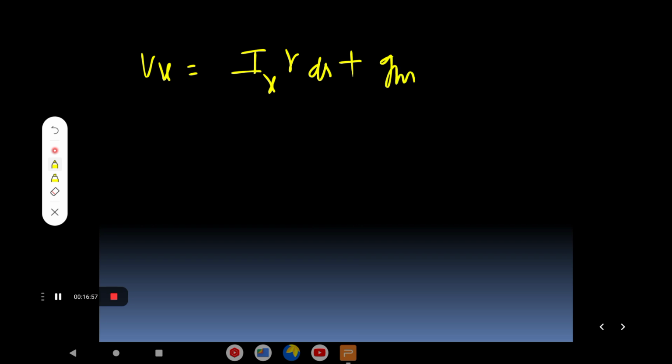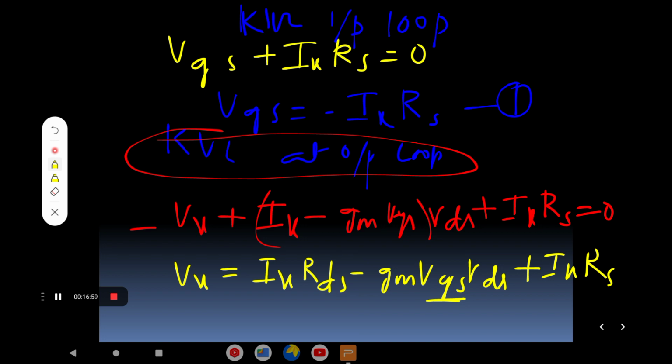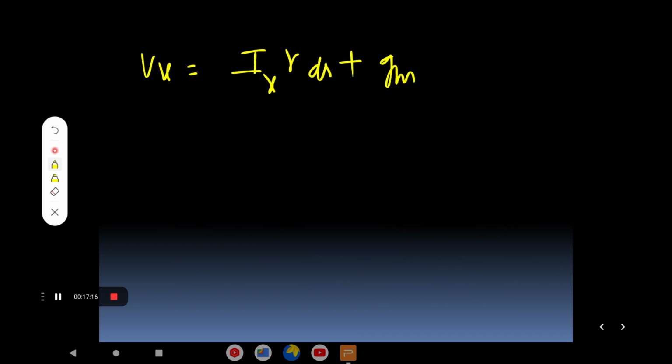Vgs is replaced with minus Ix. The second term is Gm into Vgs, so you replace the Vgs value with minus Ix into Rx. Therefore, it becomes positive. So Gm into Ix into RDS and RS